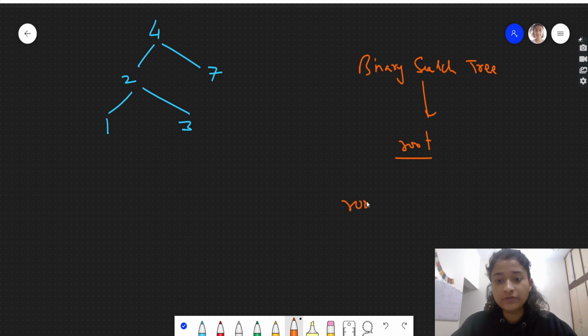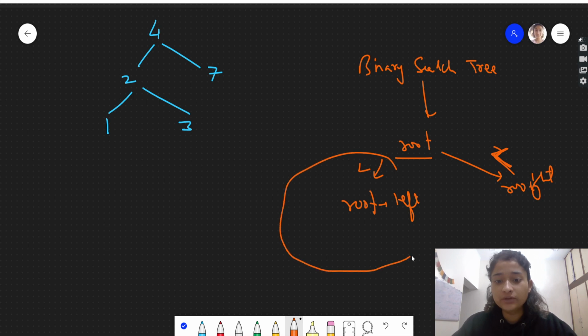The root's left value will always be less than the root, and the root's right value will always be greater than the root. That means all the values in the root's left subtree will be less than this root, and all the values in the root's right subtree will be greater than this root.